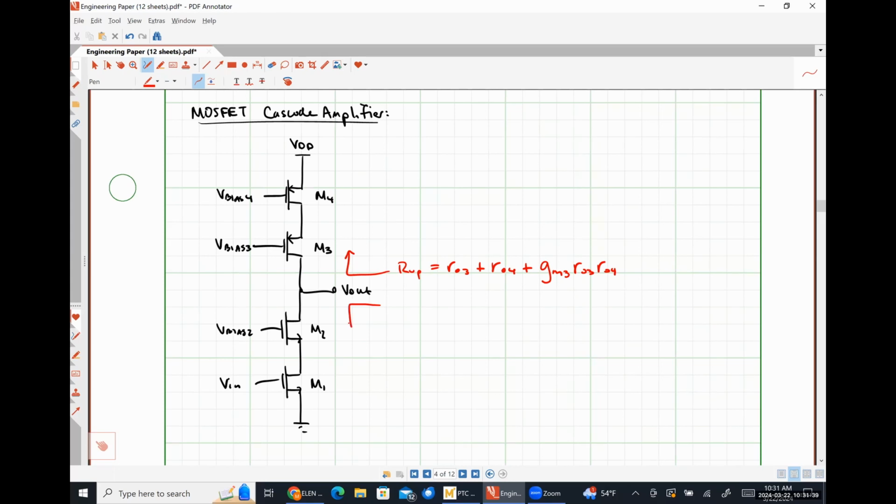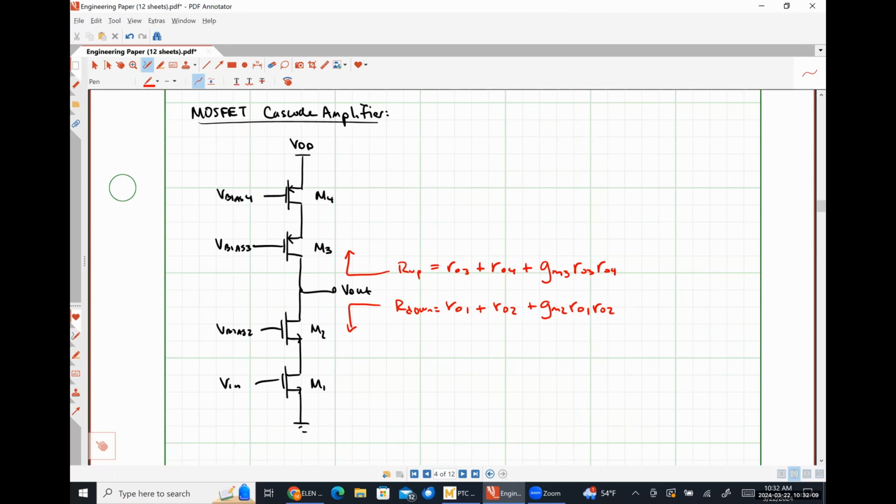And then down, we would see pretty much the exact same thing, except that I put up instead of down. Let's see, r0_1 plus r0_2 plus gm2 r0_1 r0_2, and